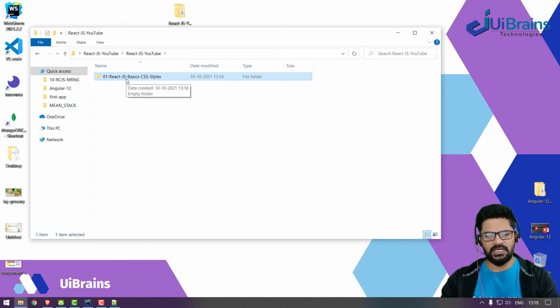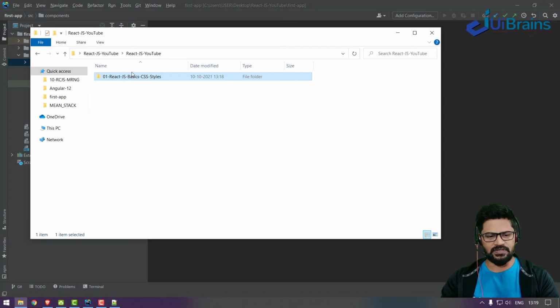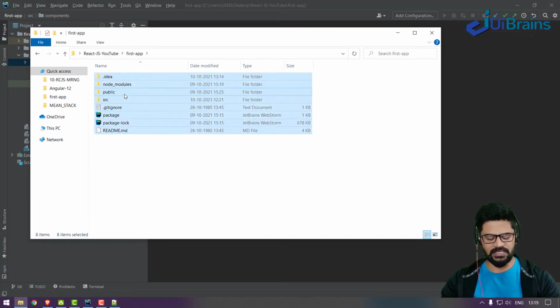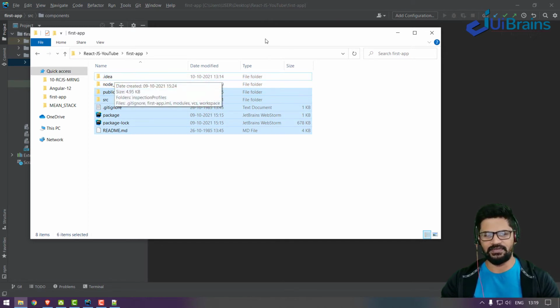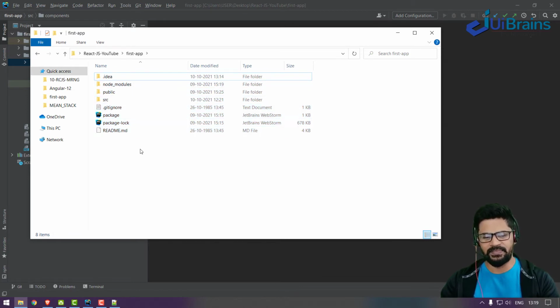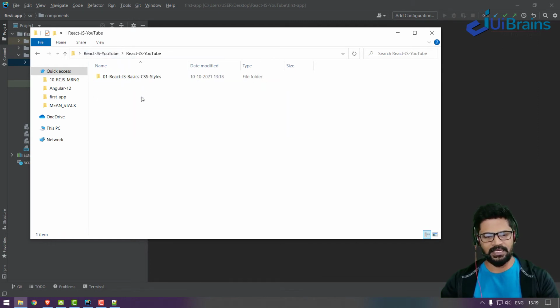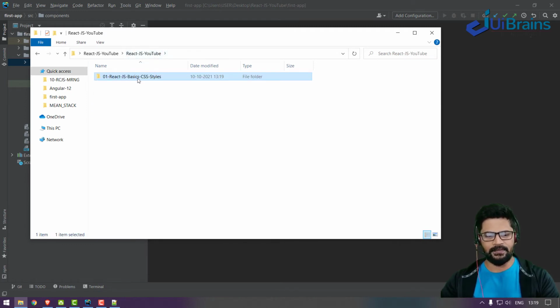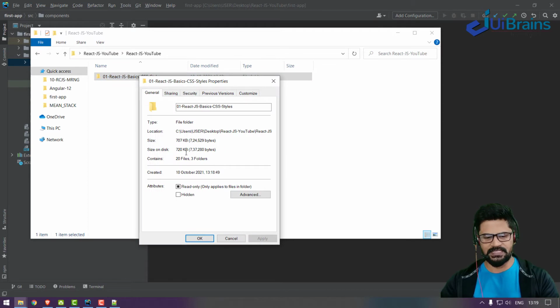So let me copy the source code of it. Where is the source code? First tab. In the first tab, I copy everything except node modules and idea. Idea is a dummy folder of WebStorm and node modules is a huge collection of libraries. We don't need them; we only need the source code. Copy. I'll take a backup in here. So your source code is backed up. It's a very small amount of space, some 720 MB.